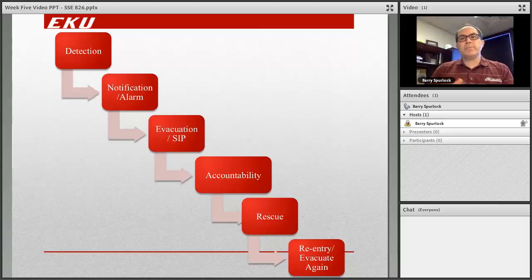Hopefully this is not the case, but sometimes situations could develop that were unanticipated, and we may have to move the rally points, or we may have to evacuate even from an assembly area. So we got to think about all those things. We have to think about this as a continuum, as a timeline when we prepare and think about evacuation or